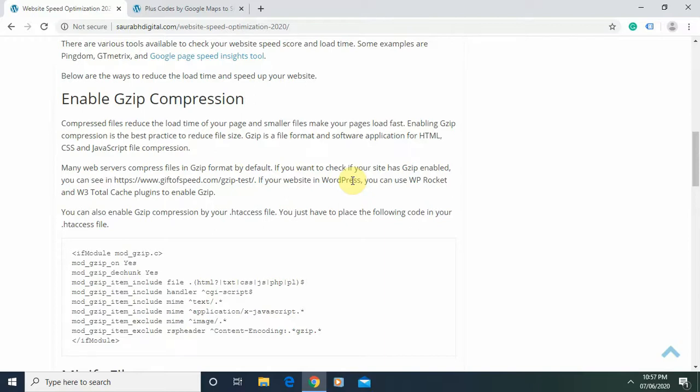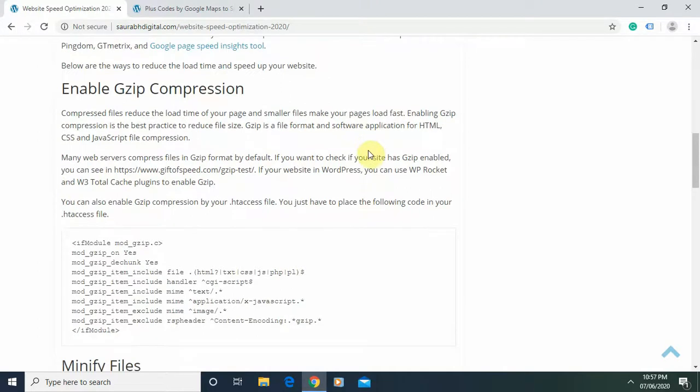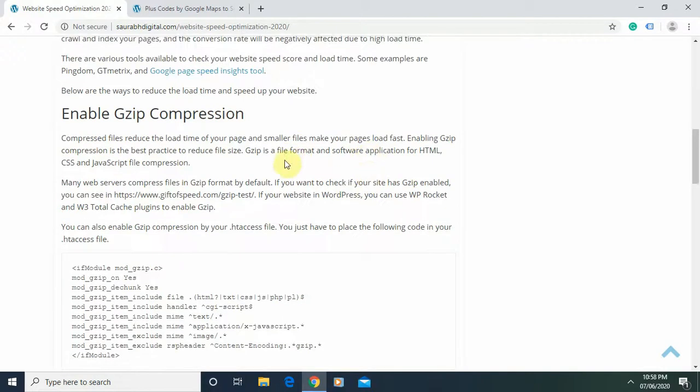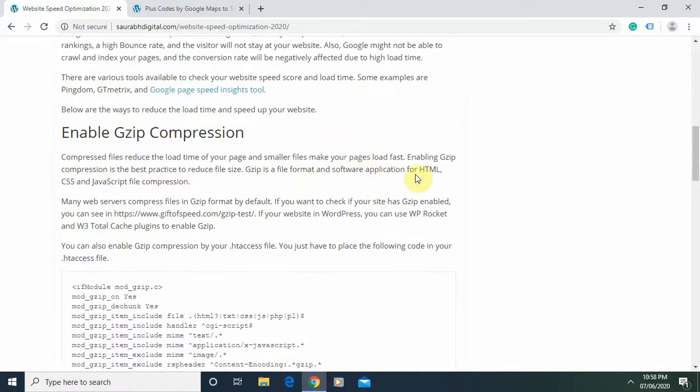What does it mean? Like I mentioned, your website is in HTML, and you have CSS and JavaScript in your web page. You can compress and reduce the size of these resources, like HTML, CSS and JavaScript, so that it will take less time to load your page.